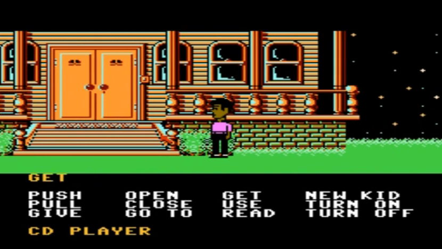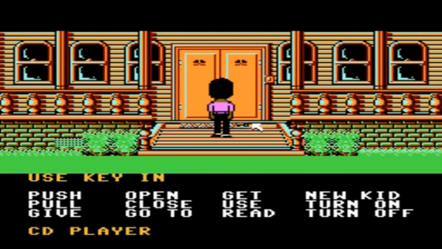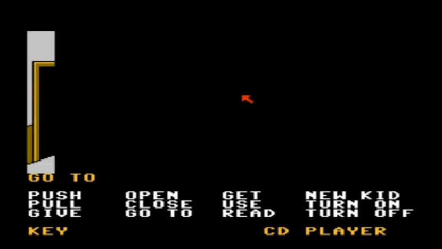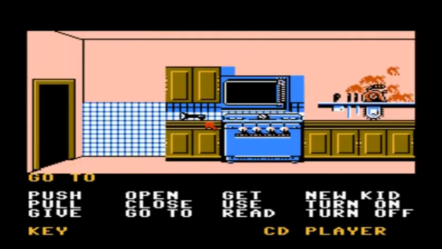and as you can see on the bottom screen you have all your selections, and you can quick draw your selections by pressing the select button. You want to look under the mat, see a key, go ahead and use the key on the door to enter. Now we're going to go ahead and enter the kitchen first,